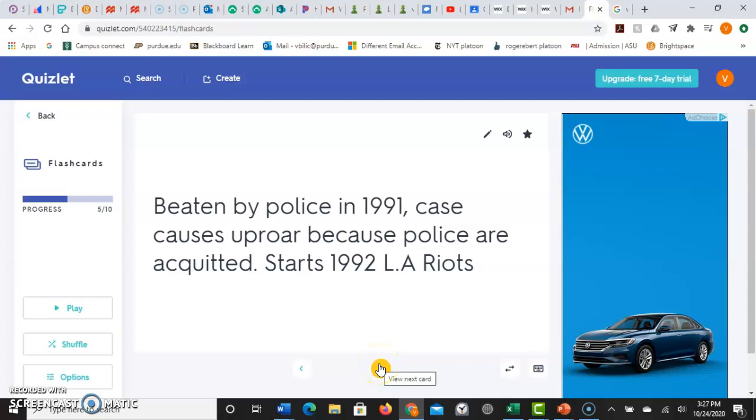Again, I just wanted my students to have a look at some things I thought would be really important for this lesson. It goes all the way up through the civil rights movement. I think that stuff is still extremely important to our history today. I even added George Floyd in there so we could see the comparison between 1991 and 2020, with the same things going on with the protests, the riots, etc. So yeah, that's my study tool.